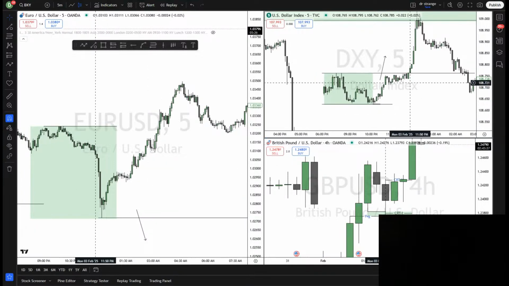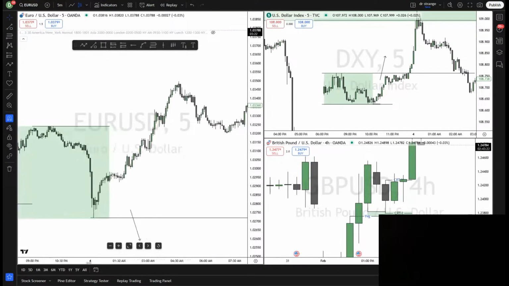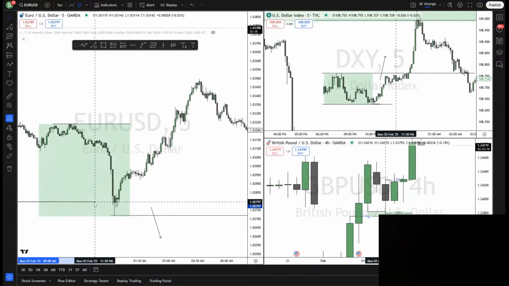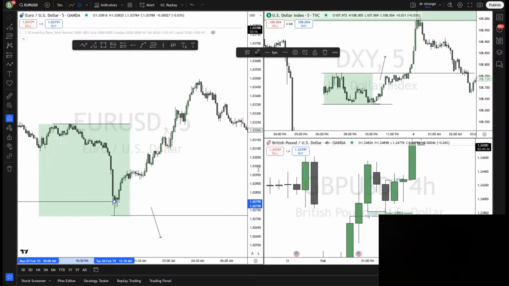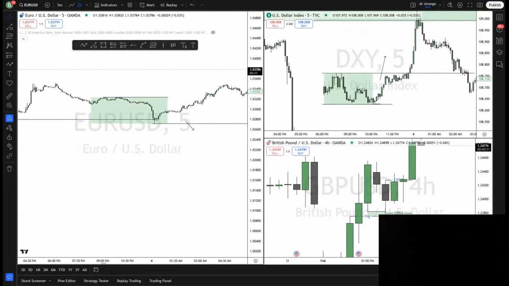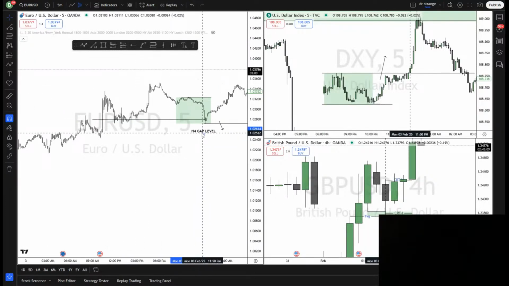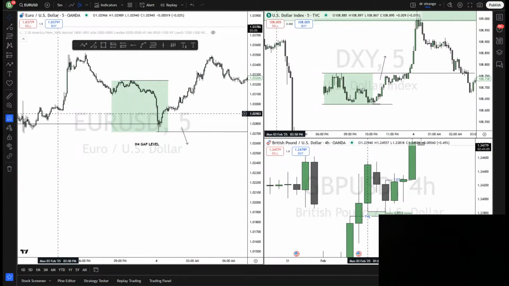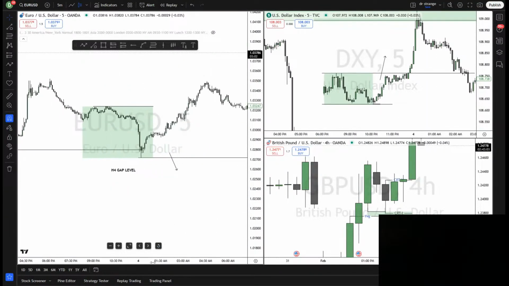This one I expect to take out the CRT, but this did not happen today. Whenever this happens, you wait for price to reach a key level on any pair. Here, when we failed to take out, we had already reached the H4 gap level right here. This is the H4 MSNR gap level, if you are a Malaysian trader. So according to ICT, we have swept sell side. This is all liquidity. Sell side has been swept.